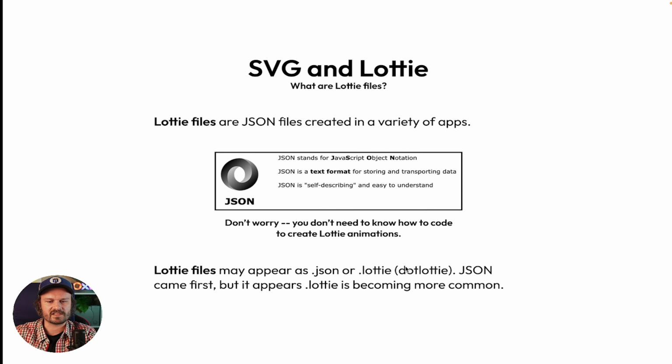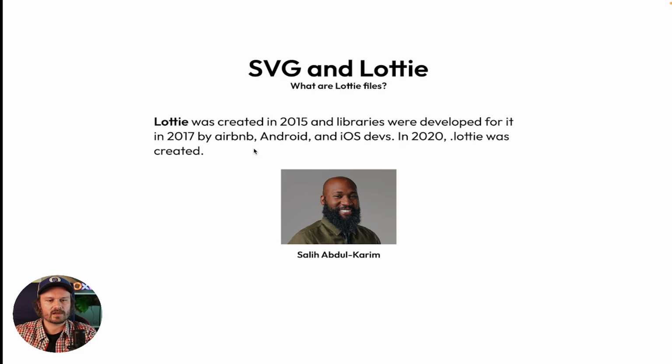And so to get off of JSON, Lottie was created in 2015, and the libraries were developed for it in 2017 by individuals from Airbnb, Android, and iOS. I was trying to read about the history. I don't want to turn this into a history lesson, of course, but I was reading a bit about the history of Lottie development. And it looks like I think one guy in 2015 made a